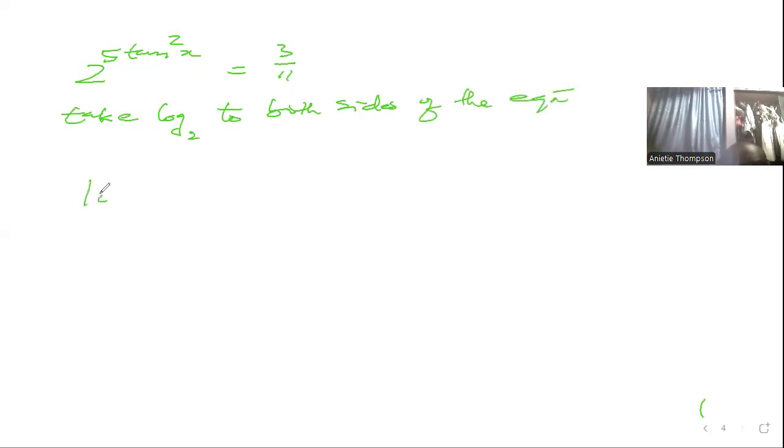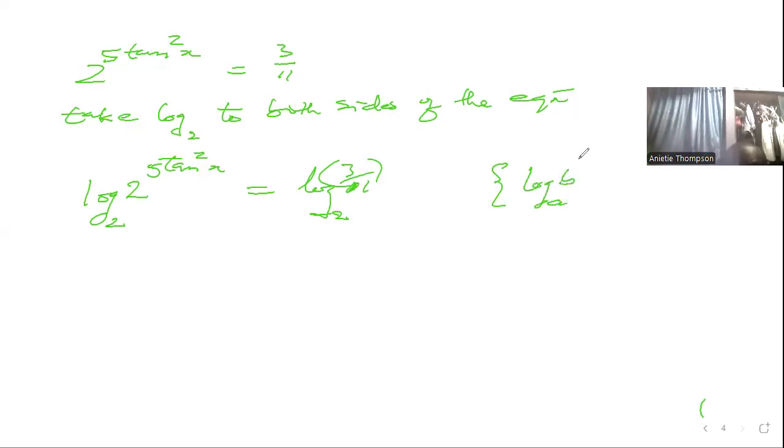So that will be log base 2 of 2 to the power of 5 tan square x equals log base 2 of 3 over 11. Okay, and this will become, remember, in law of logarithm, we have